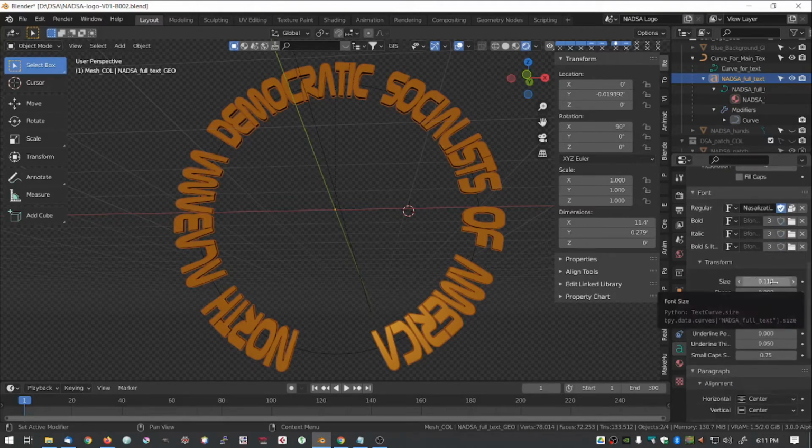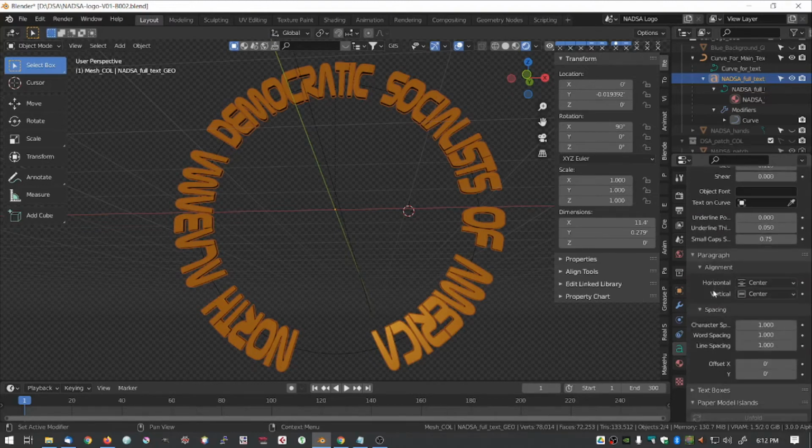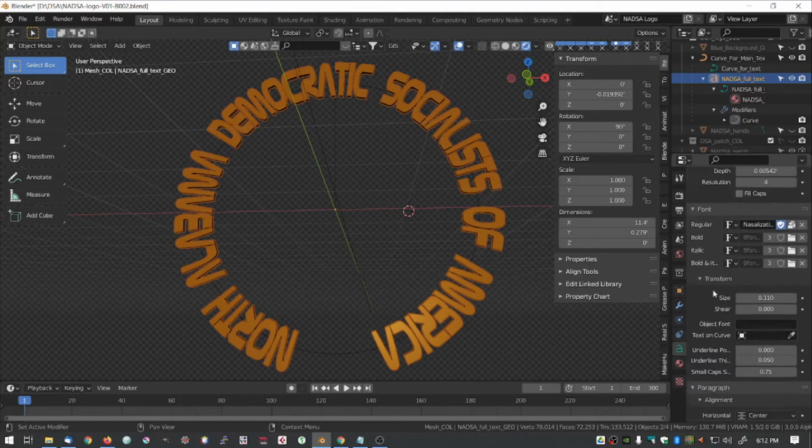Here's the font. Here we can adjust the size, and I actually had to drop down the size just a little bit in order to fit the full text in around the circle. Originally, if you use the same size as Sam did for the middle text, it won't all fit. But I was able to scale it down just a little. We can adjust it just by this value. And then really that's about it. The curve